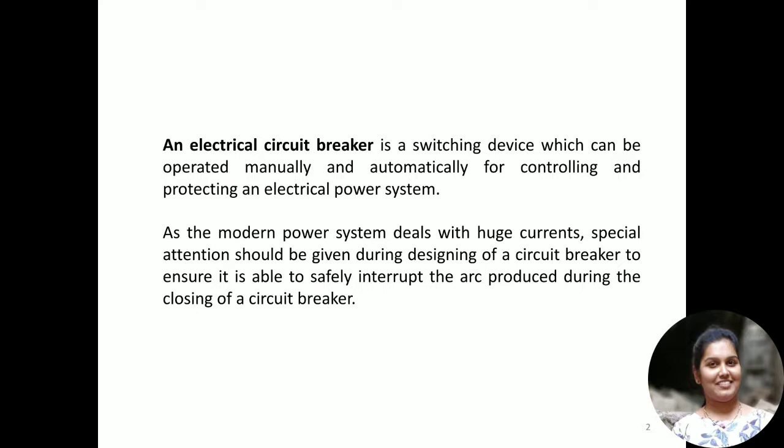circuit breaker. So an electrical circuit breaker is a switching device which can be operated either manually or automatically for controlling and protecting an electrical power system. Okay, so the main purpose of a circuit breaker is nothing but to protect the load or protect any power